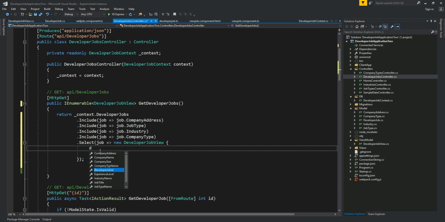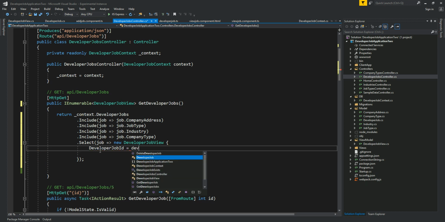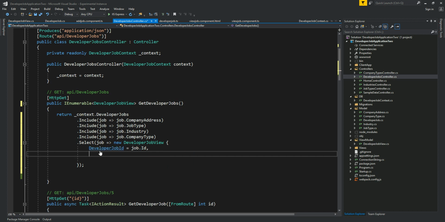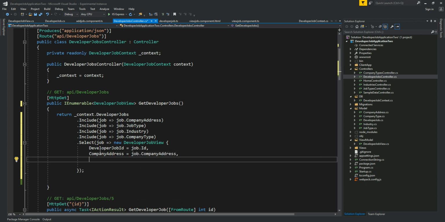Let's start with the developer job ID. That would be just dev job.id. Company address, this would be job.company address. That should be okay. Company name,